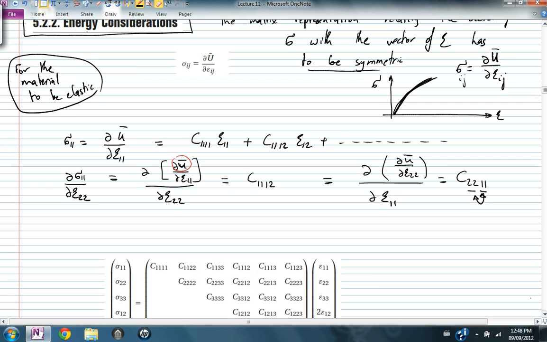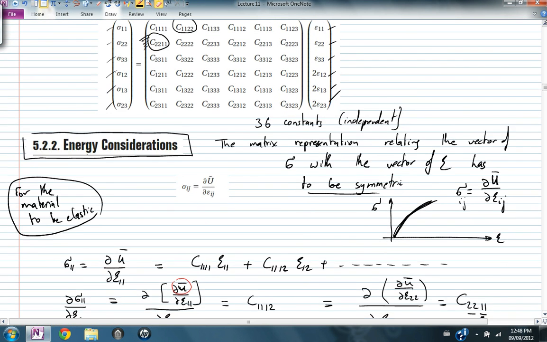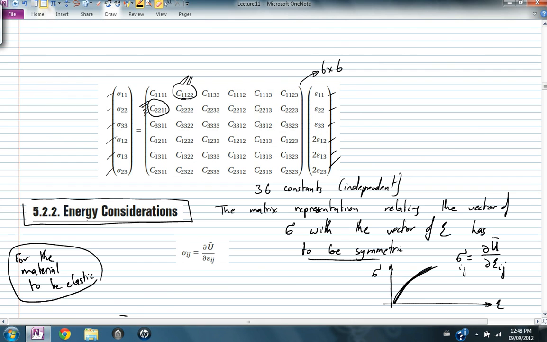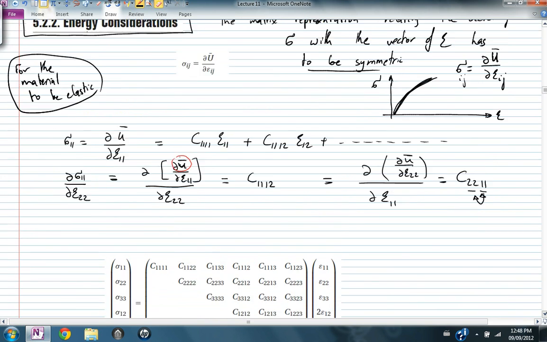Swapping these two means, if you look at the matrix representation, 1122, if I replace it with 2211, I should get the same number. 1133, swap it with 3311, I should get the same number, which ends up giving me that for a general